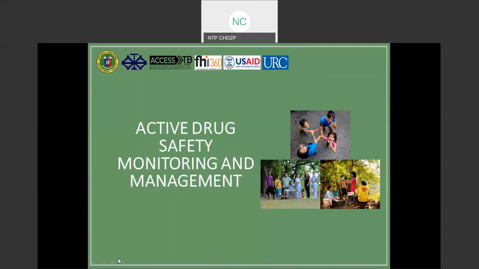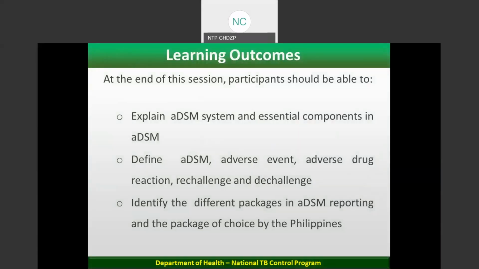Module 9 of the 6th edition Manual of Procedure for the National TB Program is about active drug safety monitoring and management. At the end of the session, participants should be able to explain the aDSM system and essential components in aDSM,